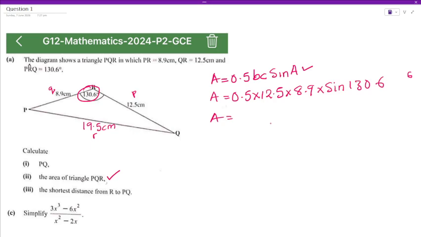0.5 times 12.5 times 8.9 times sine 130.6. Okay, that sounds correct. So there's a decimal here. That gives me 42.234466